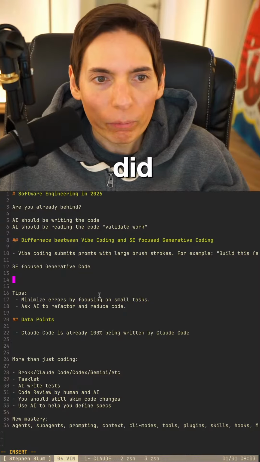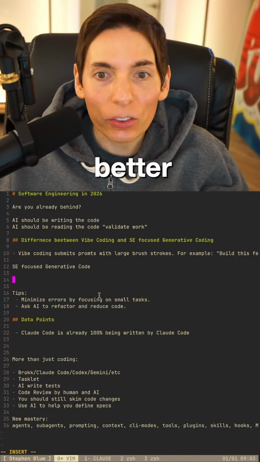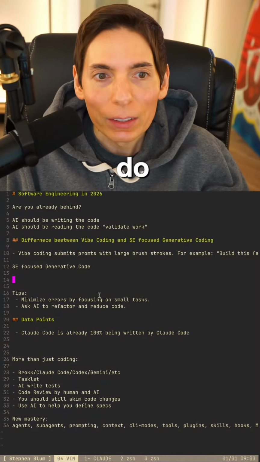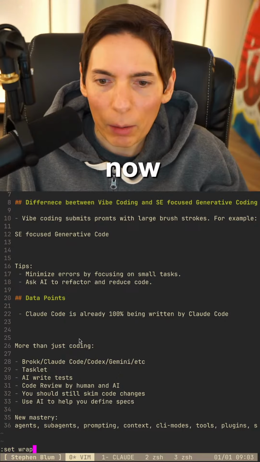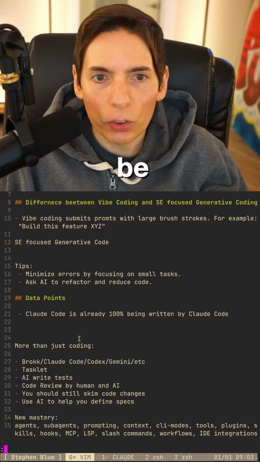I really did. Steven, you can edit the document in real time so we can see it better. Yes, that's what we're going to do. The text is very small. So wait, can you see this okay? Is it too small on your screen? It should be legible. Let me know if I need to make it bigger. I can zoom in a smidge. There you go. We're zoomed in now. All right, that should be a little bit easier to read.